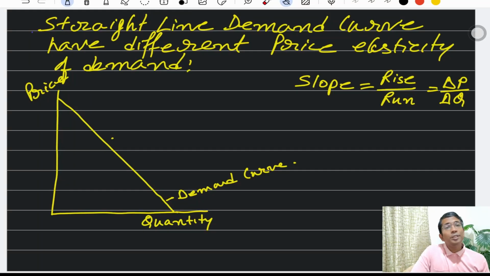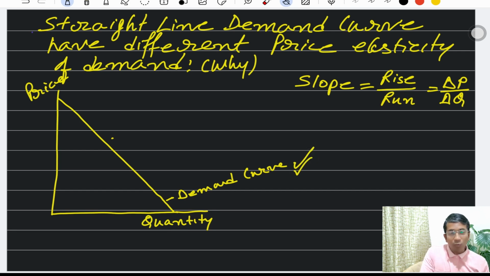In this video, we will try to understand, as you can see here on the board, why a straight line demand curve has different price elasticity of demand at different points. We'll try to understand this concept and answer why it happens that on a straight line demand curve, as you can see here,